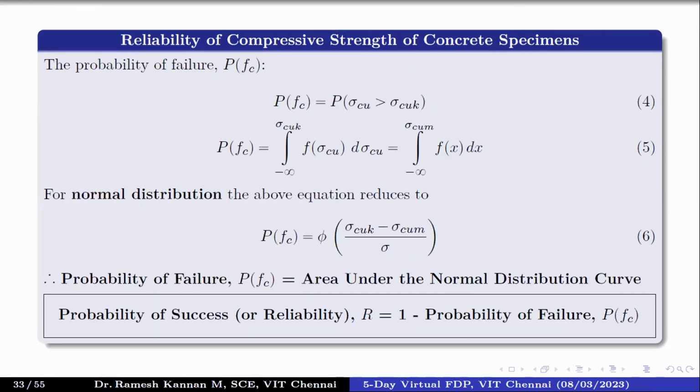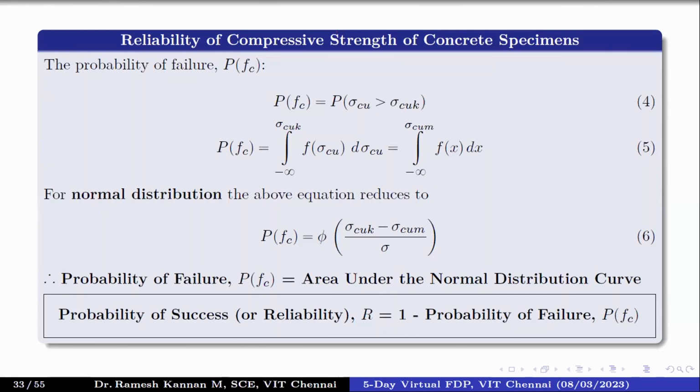This is probably a very interesting thing that you should really take a look at. It's called reliability of the compressive strength. Normally, when the experiment is over, people do statistical analysis, but they stop with that. There is something beyond the experimental values or beyond a statistical analysis, which is the reliability. It will give you the probability of success of the experimentation, or whether the test method itself is effective.